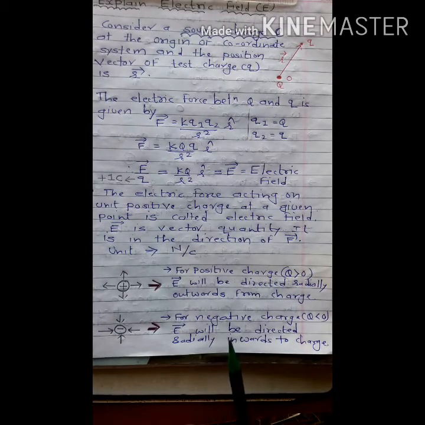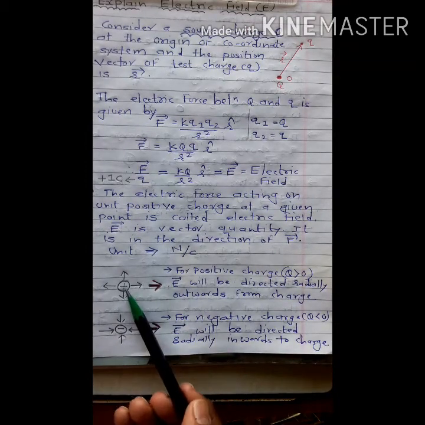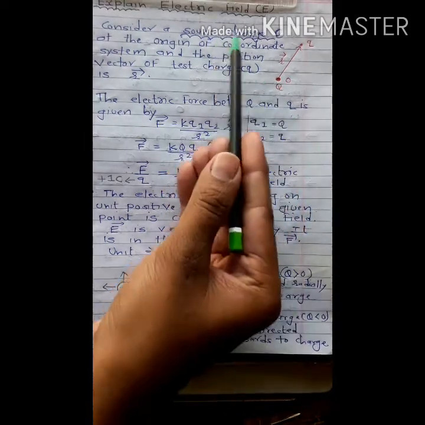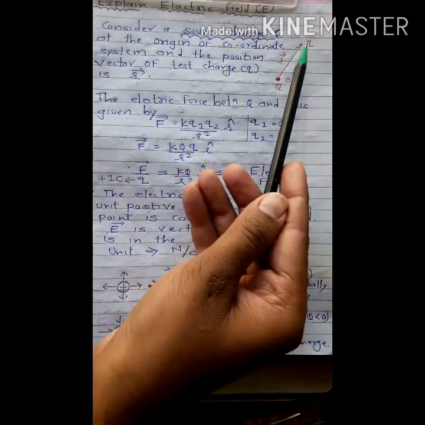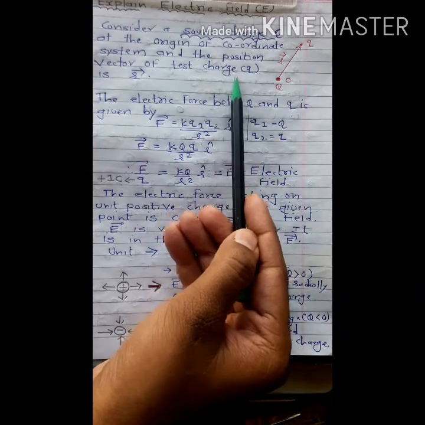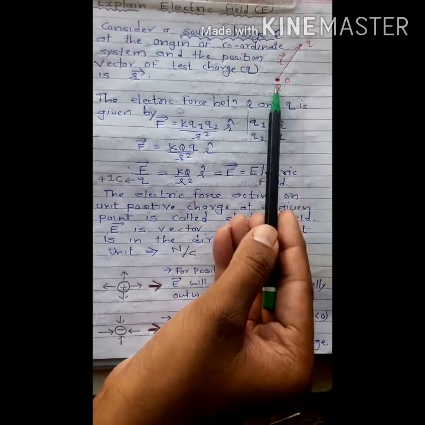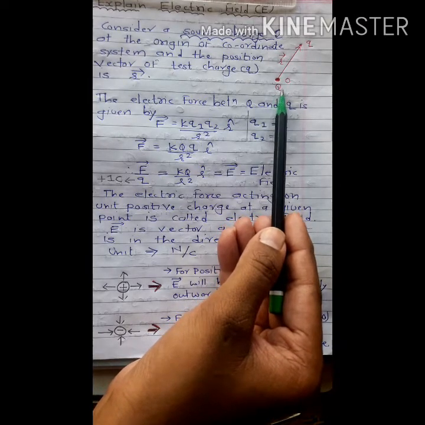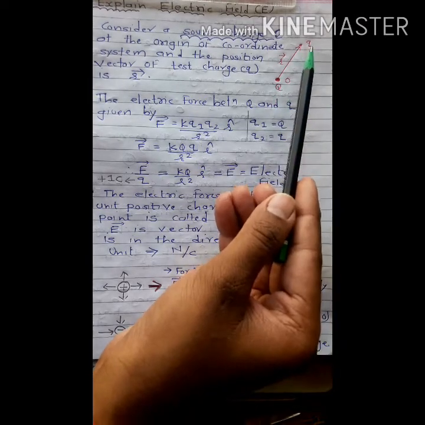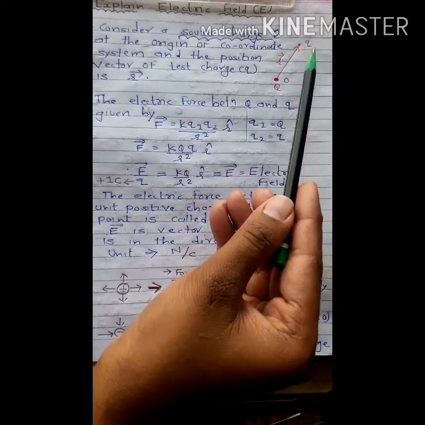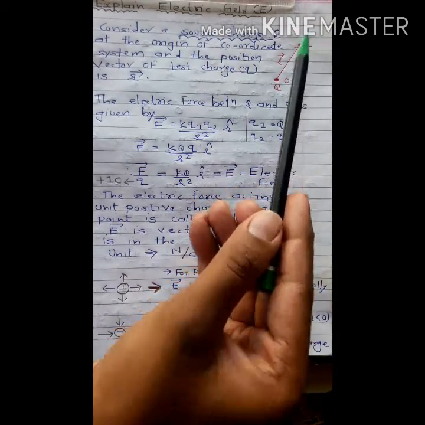Now remember the most important point for positive charge and for negative charge. Suppose this is our plus capital Q charge. Capital Q charge, the source charge, produces electric field, and small q is called the test charge which is used to measure electric field. Capital Q is used to produce electric field, while small q is known as the test charge, used to measure electric field at a given point.